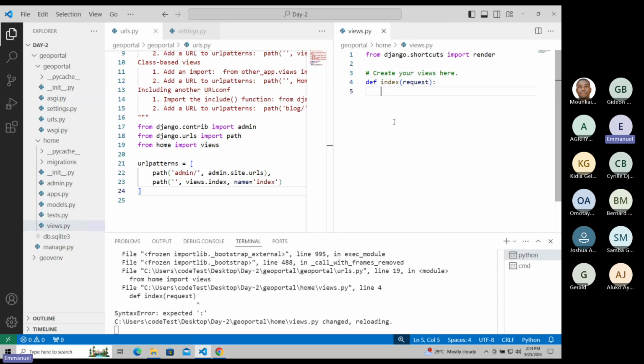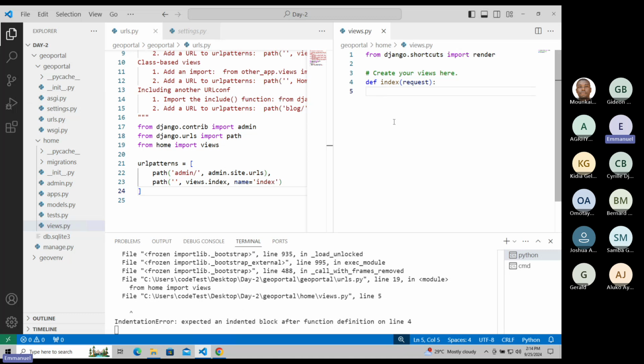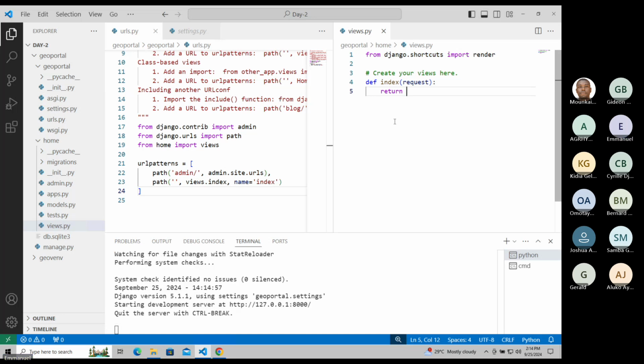And then you come in, indent your function, and write what you want to return. By default, we have to return something. Normally we return an HTML template, but this time we don't have a template in there. So we want to return a response to show that we are working on it. So we say